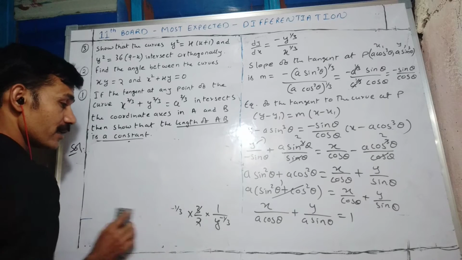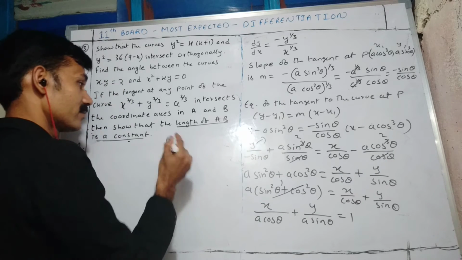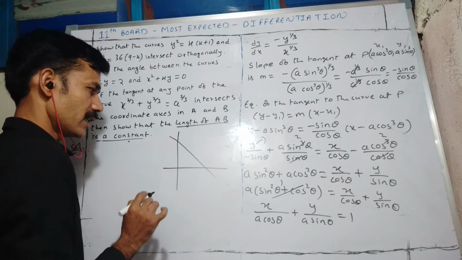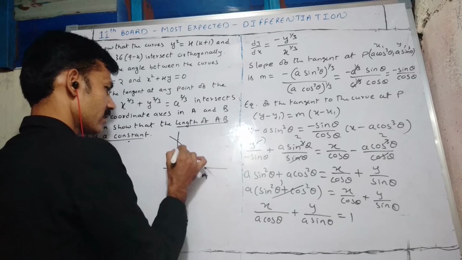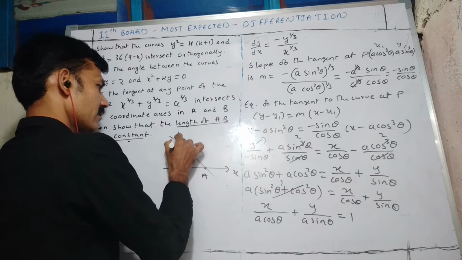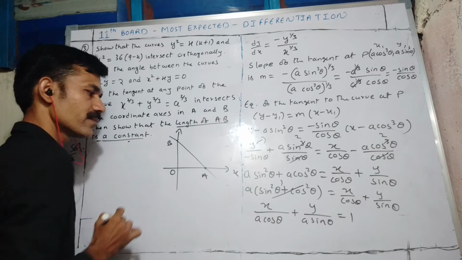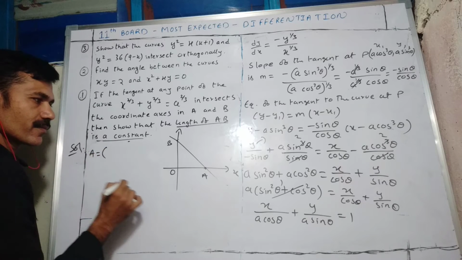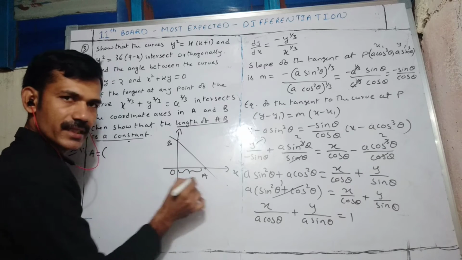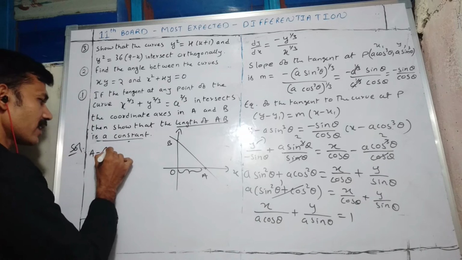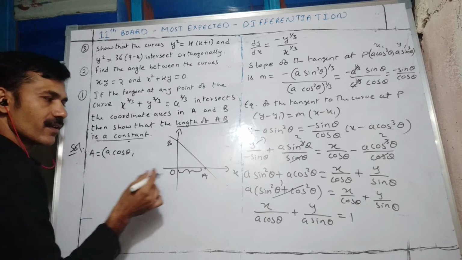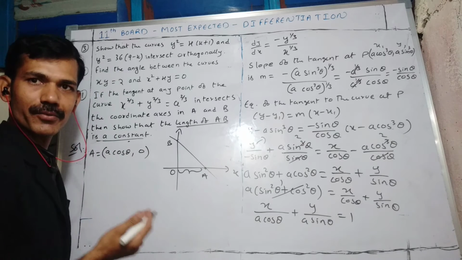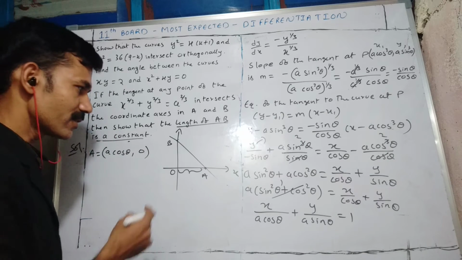Now to find points we will get 1 mark. The point on the coordinate axis, this is the tangent of the curve, you think. Here a on the x-axis and b on the y-axis, like that you think. To find a, this is the x-intercept, no? The x-intercept we are having is a cos theta. On the x-axis the y coordinate is 0. So we found the point on the coordinate axis.